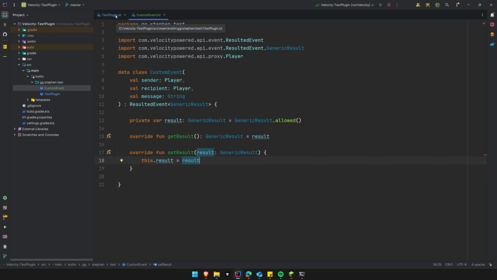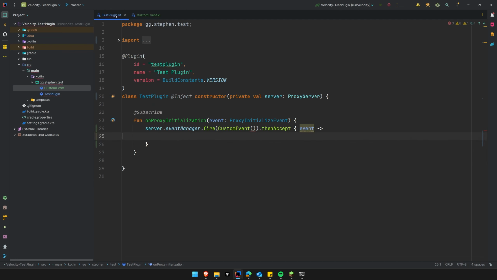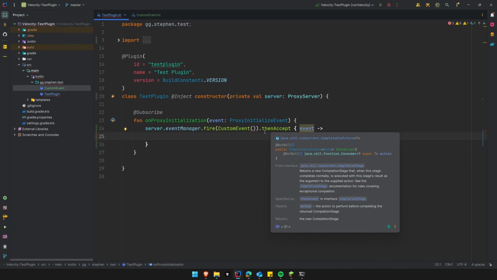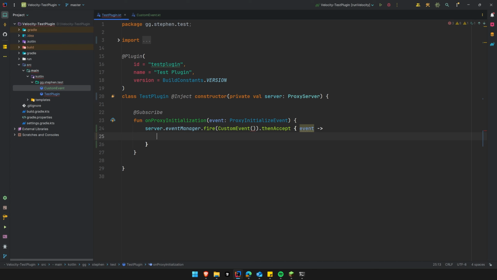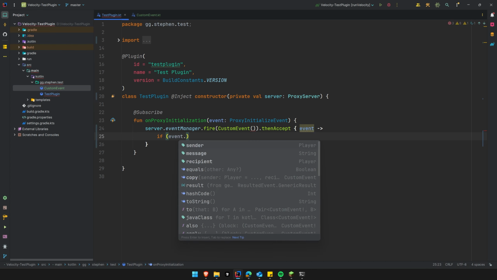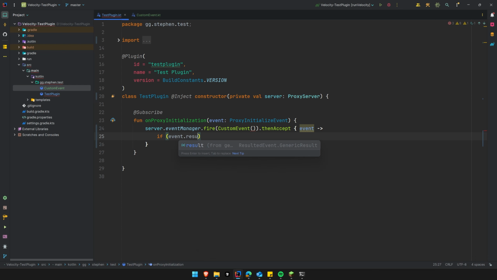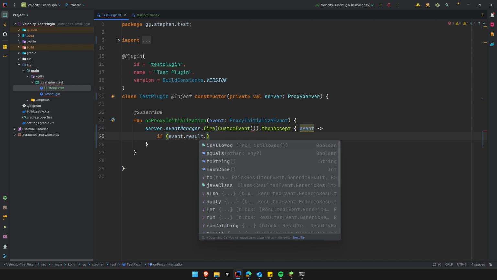So now that's a slight lie because, you know, other plugins will base their stuff on the decision of other plugins before them. But of course, we get the final say, and we get the final say because we have the completable future, which fires after everybody has had their say. So what we can do is go ahead and do, in here, for example, we could do if event dot result. There you go. And then you can get dot is allowed,